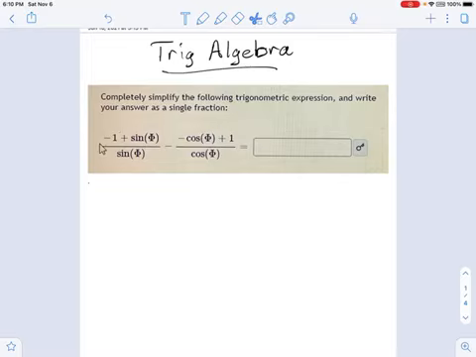What we have here is just two fractions added together. Okay, I know there's a subtraction sign, but it's basically an addition type problem. And remember, when you add fractions, you need common denominators, and I do not have those. I have a sine on the left and a cosine on the right.